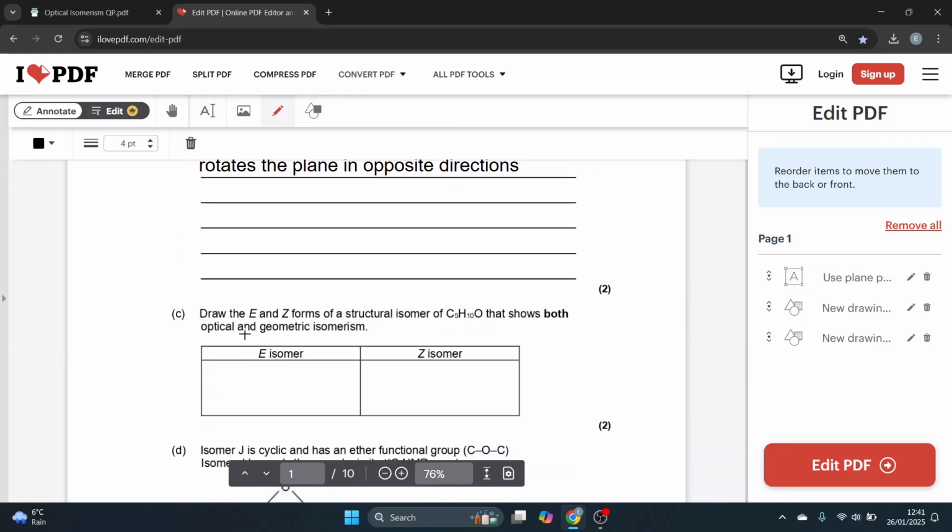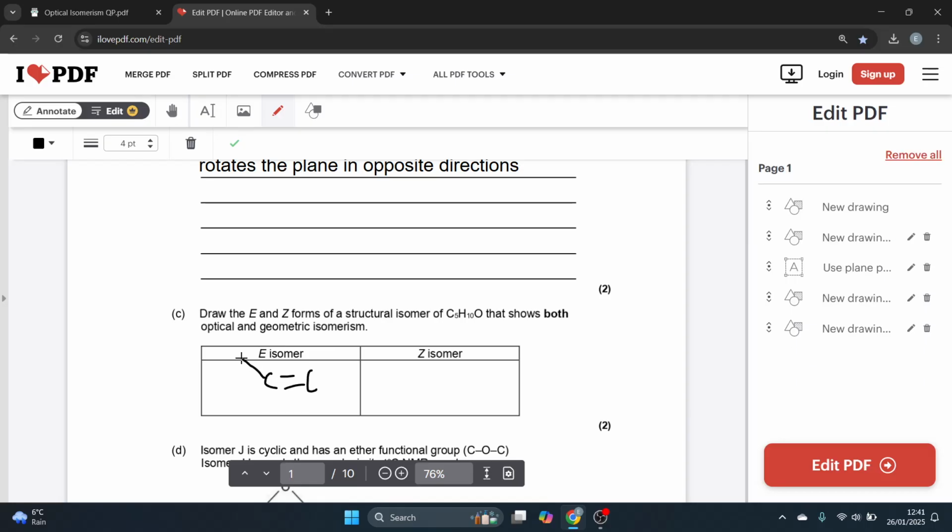Draw the E and Z forms of a structural isomer of this that shows both optical and geometric isomerism. So, first thing I'm going to do is draw a carbon-carbon double bond here. Then I want an E isomer. So with E isomers, they are, what are they? The enemies. So I put a hydrogen here, and now just fill it in. So I've got a methyl group here, and then the remaining will be here,